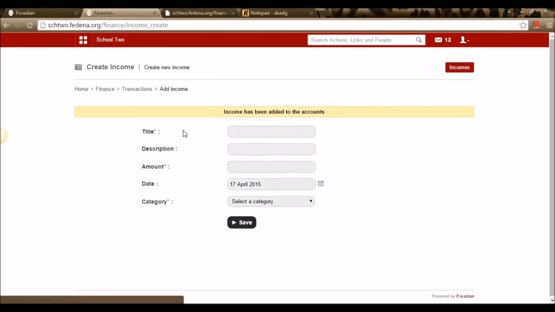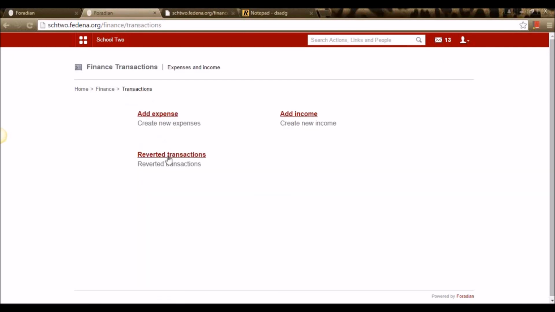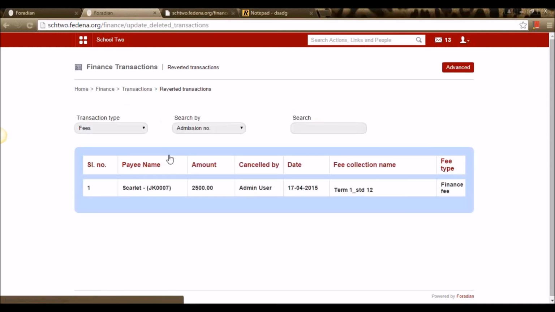So I add this, which comes under the transaction as income. We have another option to see the reverted transactions. Like any transaction that has been reverted, like we reverted this fee for the Scarlett student, that gets displayed here with the fees collection name and the type of fee.